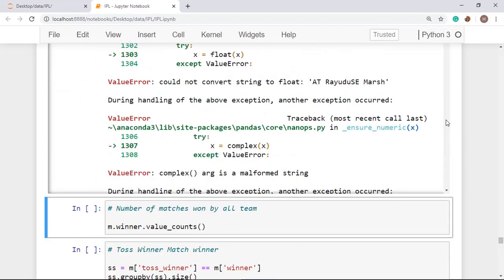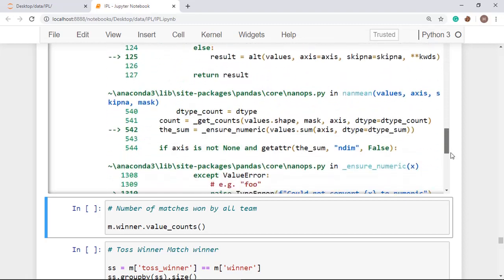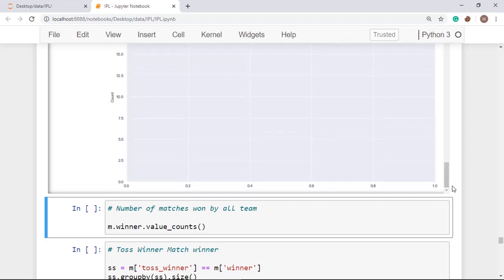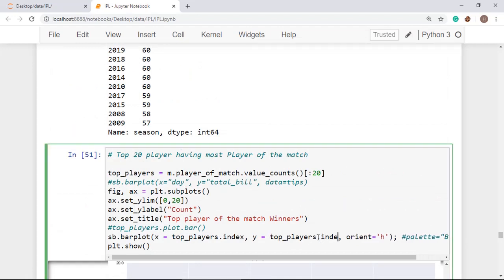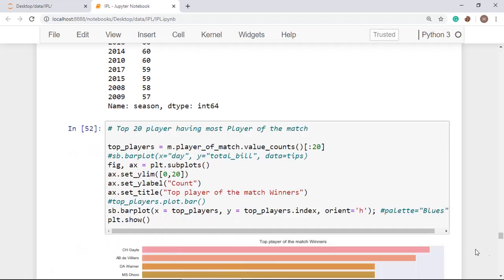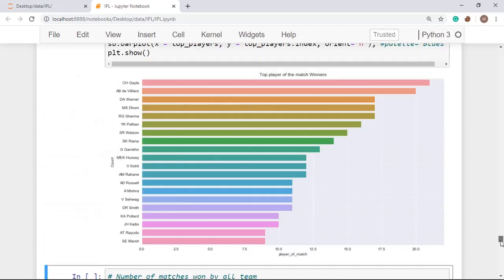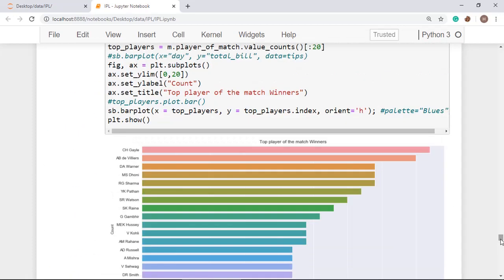Sorry, this one is saying error. And what is the error? Okay, sorry, when you are setting it horizontal, you have to reverse the values also. So here set index, and here set the values. Okay, so in this manner you will be getting the graph in this way. Okay, don't forget to swap these values, otherwise you will be getting errors. Okay, so you can see,